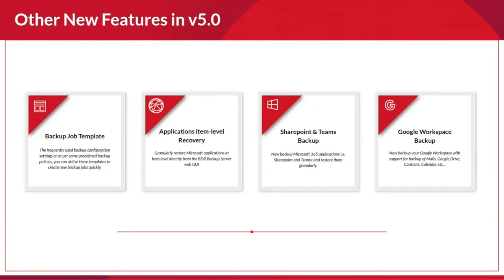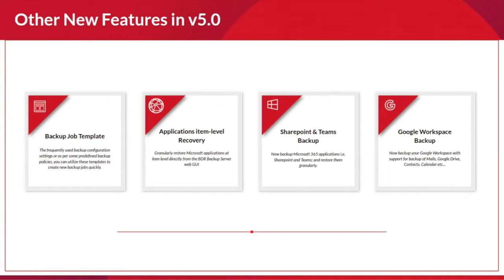So based on the backup SLAs, you can just create a template, and with that you can add n number of virtual machines to take that backup. So it is a pre-denoted rule, or a portfolio or a rule that comes in for particular backup jobs that you're going to configure in future. So it is completely based on the backup SLAs that you're going to configure. So like this, you can create a number of templates and you can assign backup jobs based on that template.